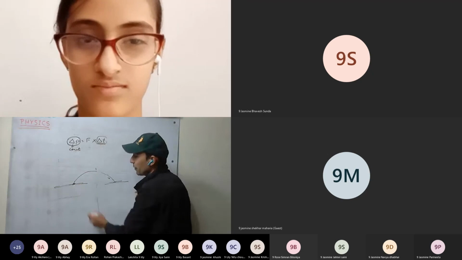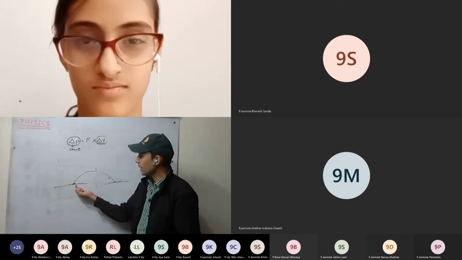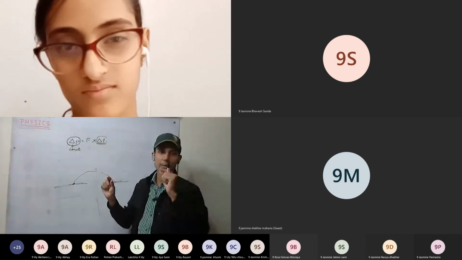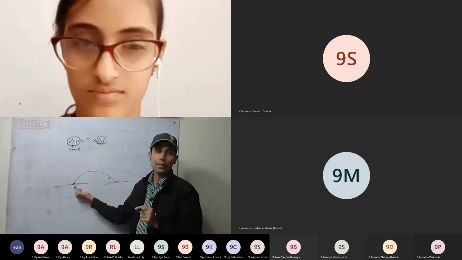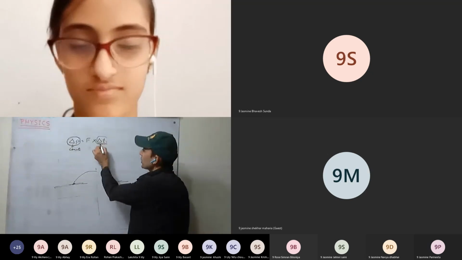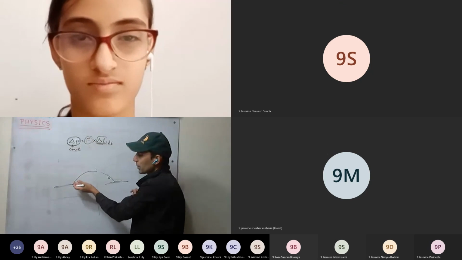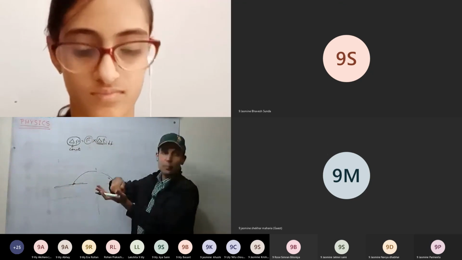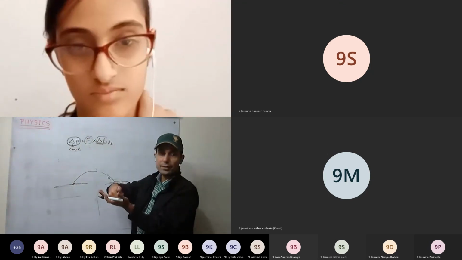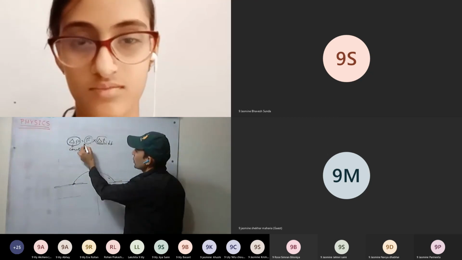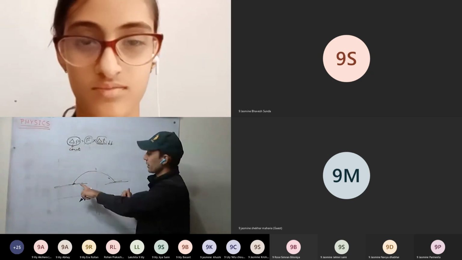Time duration will be very small. Change in momentum is taking place in a very small time duration. The body is coming to rest. So here the time duration is very, very small. It means the force imparted by the floor, as it hits, more force will be there on the legs. So force imparted will be more here.